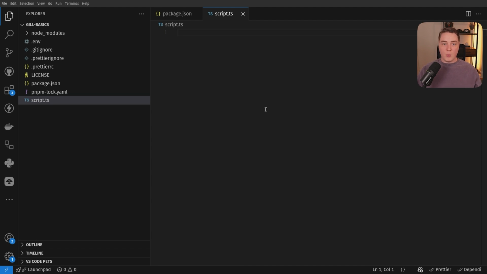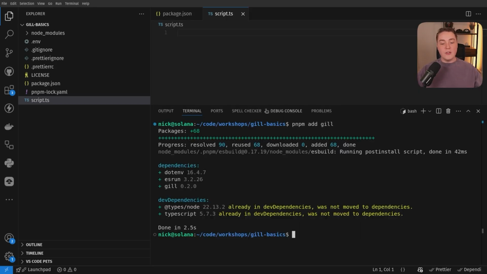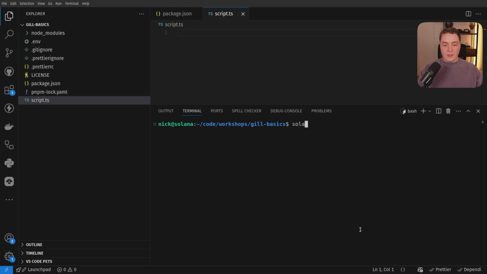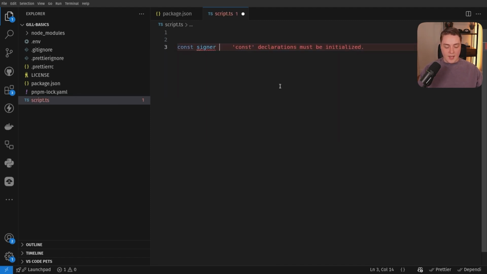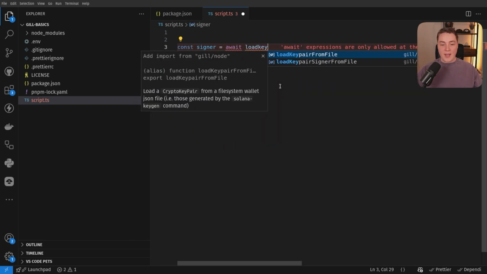The first thing that you're gonna wanna do when you're interacting with a lot of these things, especially if you're doing basic scripting like this, is you need some sort of key pair to actually sign transactions. So in my case, I'm actually going to be loading my local key pair on my file system. So I'm going to load in this nic6z address, and Gill has this amazing helper function to actually help you load key pairs in from your file system. So I'm going to create this signer. I'm going to call it signer, and I'm going to load it in using the